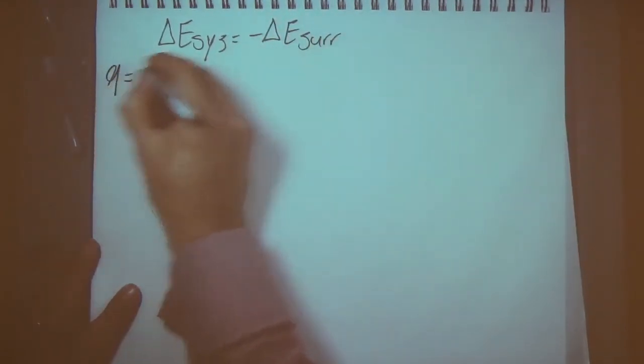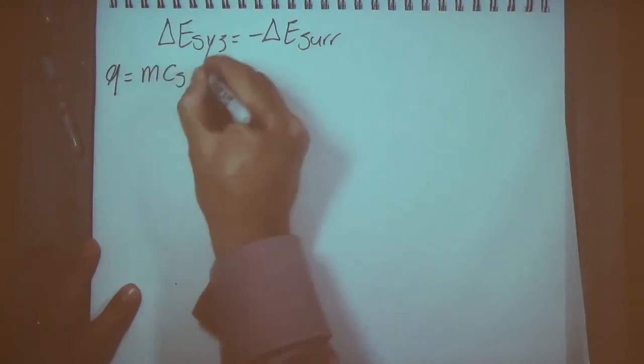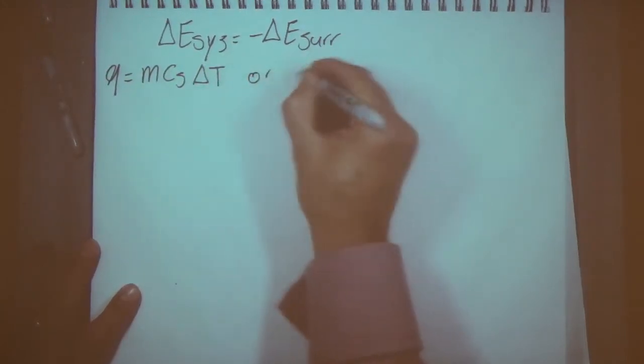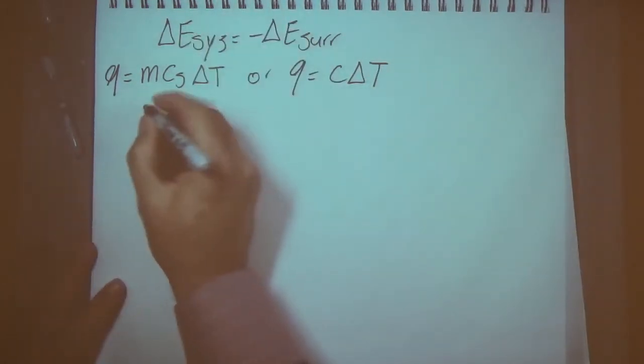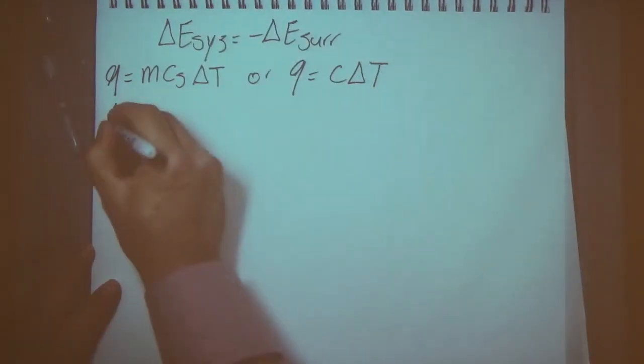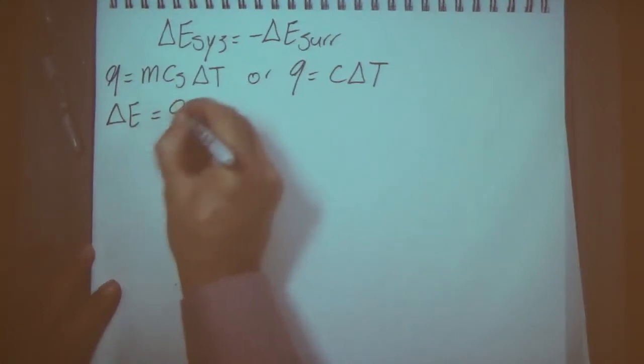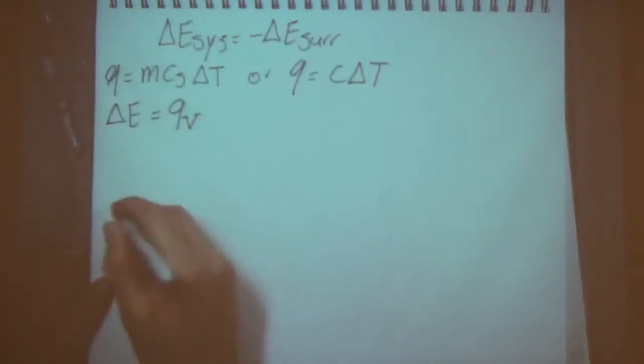And heat is equal to mCs delta T, or heat equal to C delta T. And I have delta E equal to Q under constant volume. So I get,